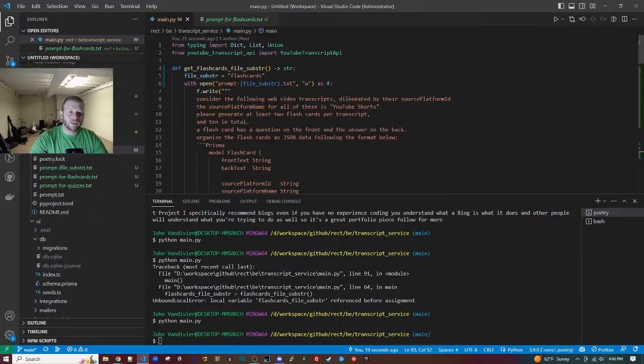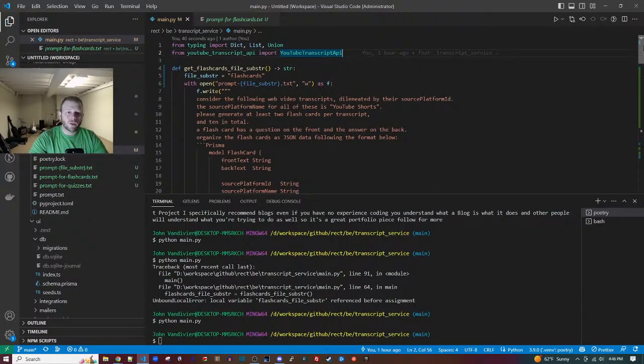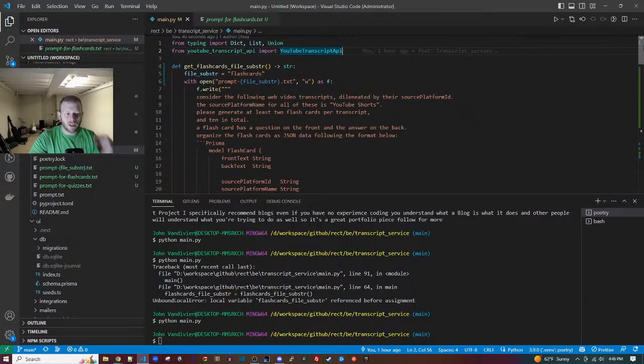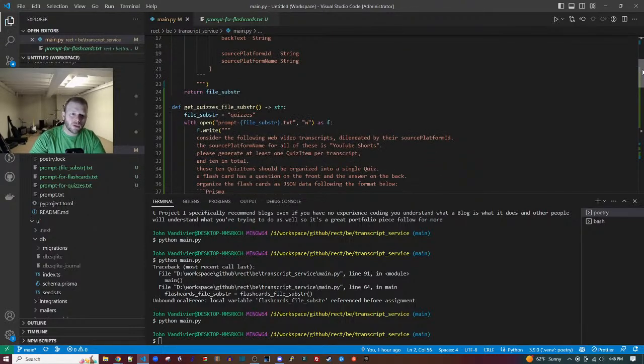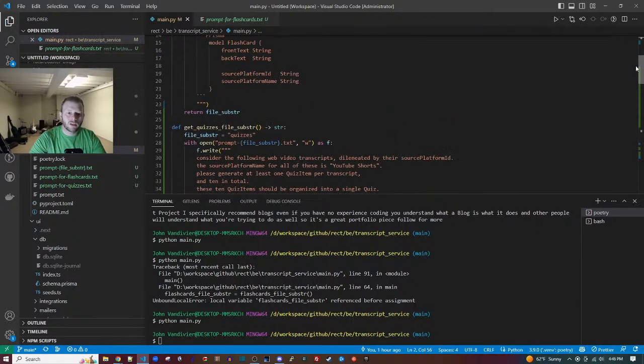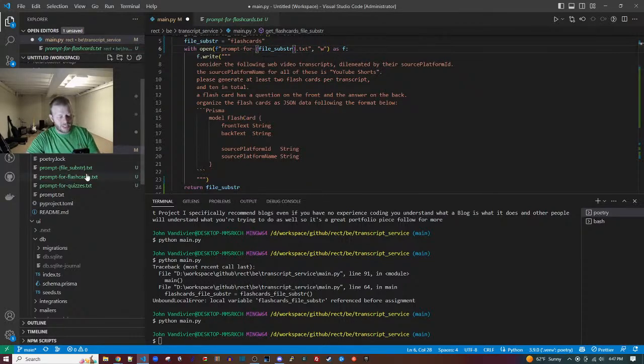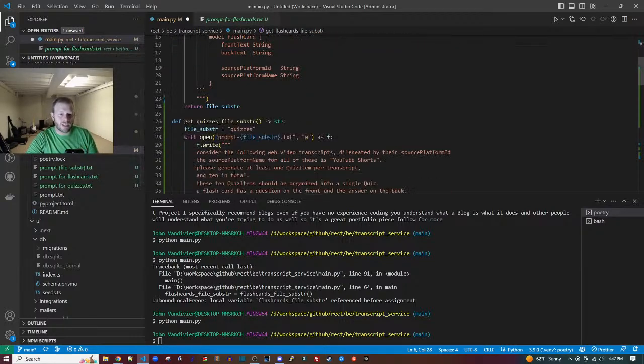Prompt flashcards.txt, prompt quizzes, prompt for quizzes.txt. Oh, because I didn't use the word for, and I didn't type my F. Okay, so you see it's literally doing the braces instead of interpolating, it's putting the string literal. So that was the issue.